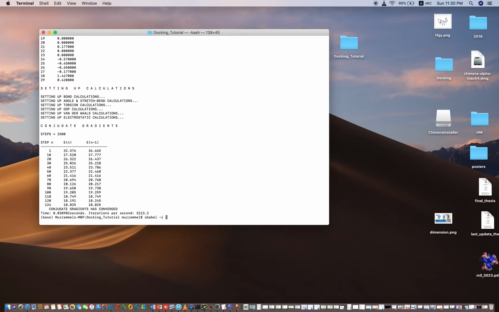It means your input file format, the format in which you have downloaded your ligand. So we have downloaded our ligand into the PDB. So I will type -i p d b. What I have done, I have typed the p, d and b, and then